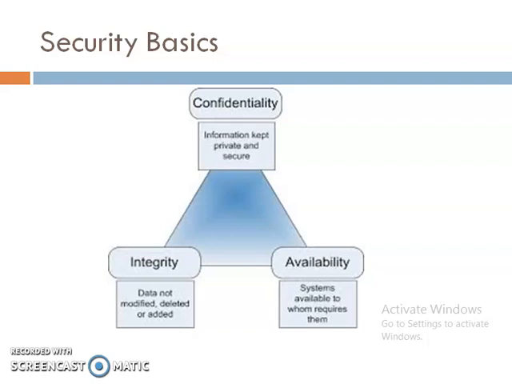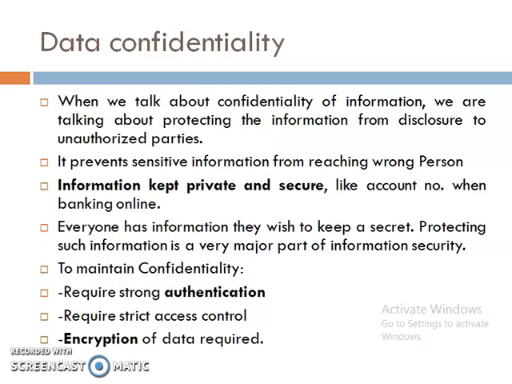Information must be kept private and secure, like an account number when we are banking online. To maintain confidentiality, we require strong authentication and strict access control, or encryption of data is required. Integrity means maintaining the consistency and accuracy of data over its lifetime. Means data should not be modified, deleted, or added in the way of transmission. And availability of data, that means